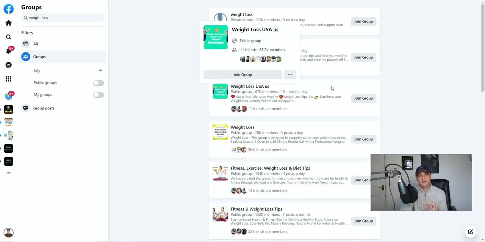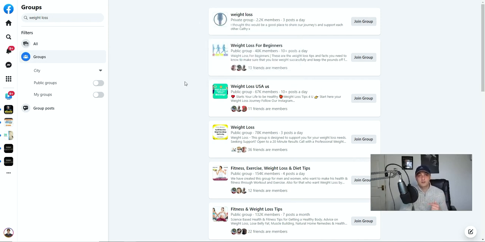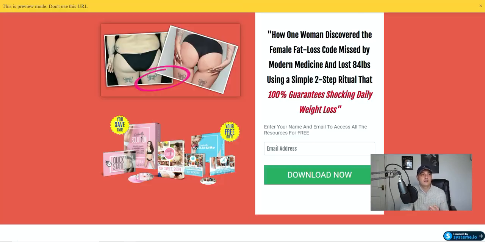This is the process. Again, I'll leave a link in the description which is a bit more descriptive, and it'll actually take you through the process. But effectively, you join 3 groups, you become active in those groups, so you start going and answering questions, giving tips, anything that revolves around your niche, because you're supposed to be the expert. Once you start doing that, people will start paying attention to what you're saying, and then you can put a comment in those groups saying to them, you've managed to find this resource, what do they think? And then you will link to your sales